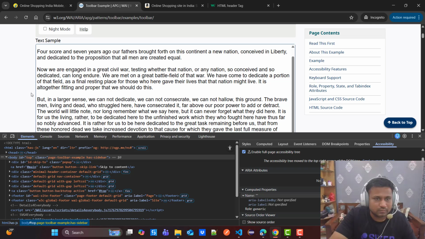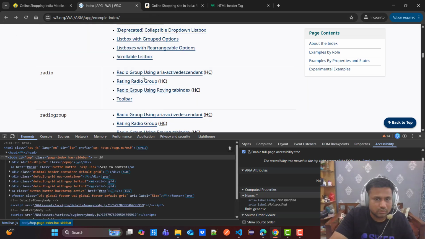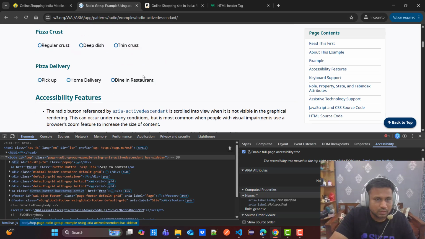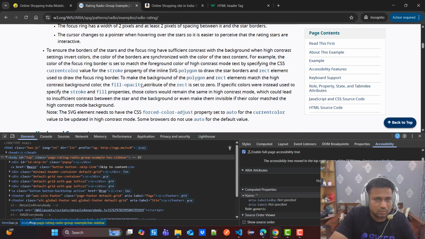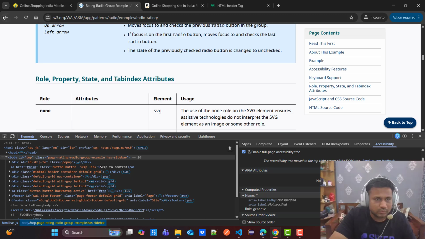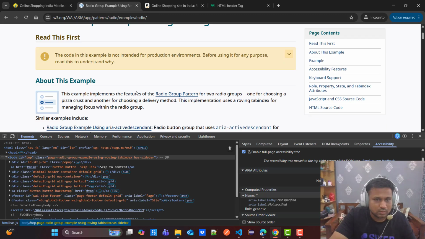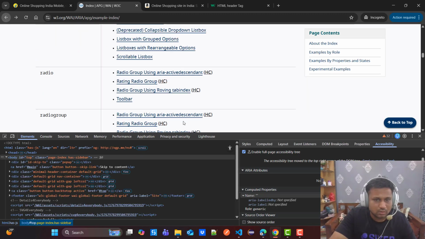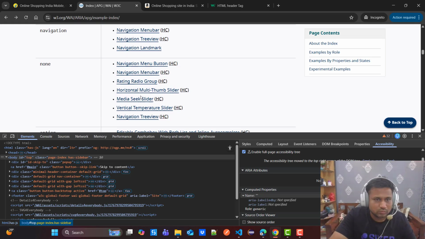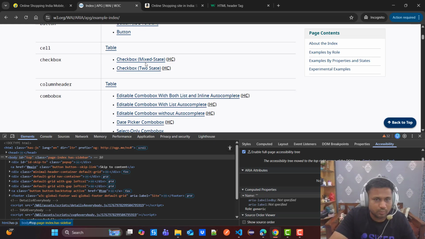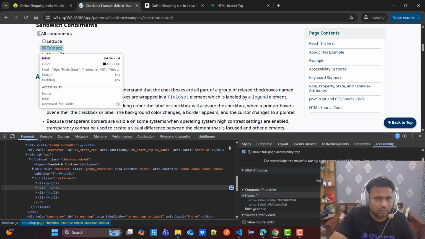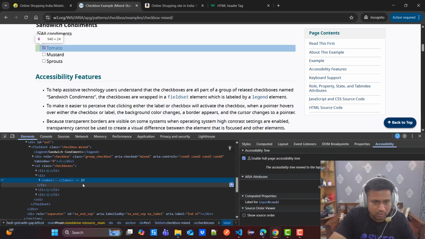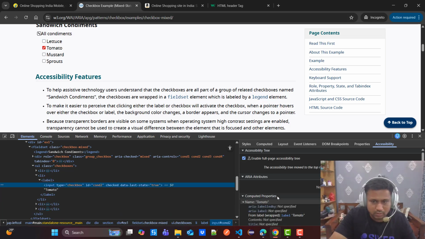This is not a sample. Radio button group. Where is this? I'll move to checkbox, I guess. Yeah, we can move to the checkbox. Then we can move to this tab again. Okay, so now if I check,